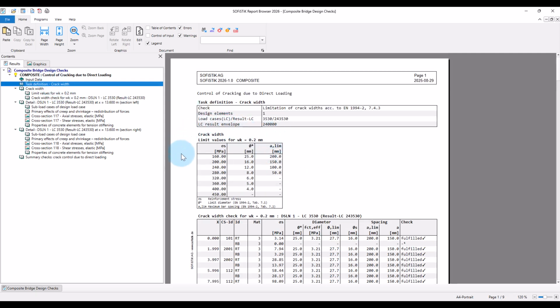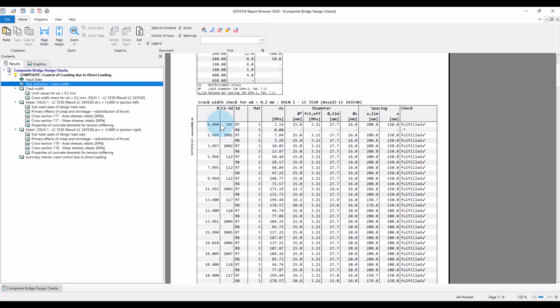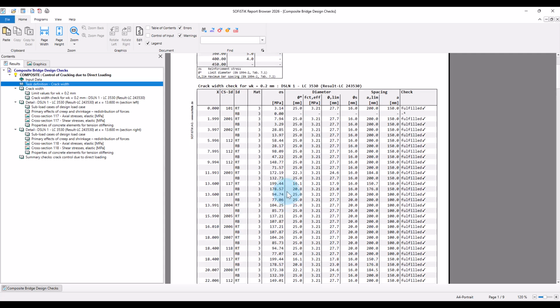First, we get an overview table that sums up the limit diameter and the bar spacing for the given crack width, and then, for every section along the design element, for each reinforcement element, in our case the line reinforcements constituting the top and bottom reinforcement in the slab, the maximum reinforcement stresses. Note that we can compare this to the detailed output.